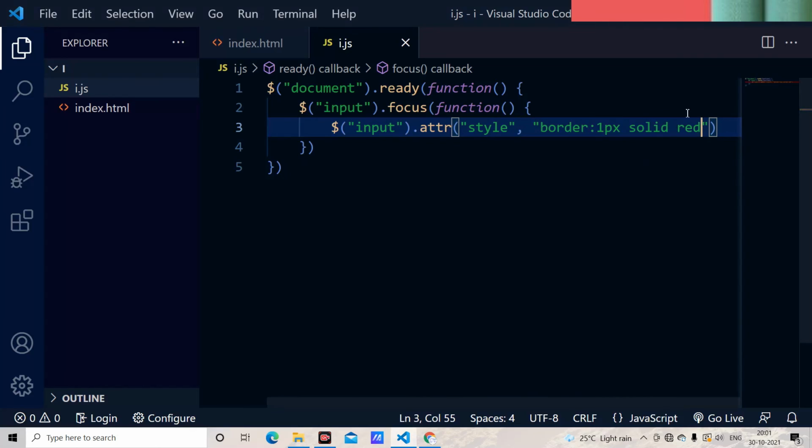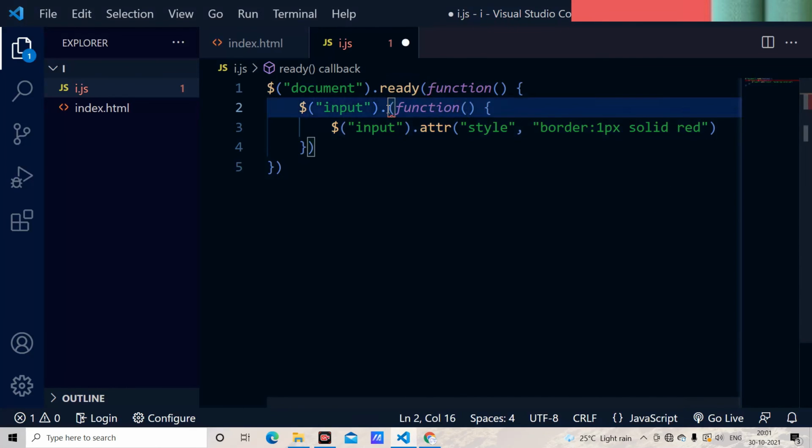As you can have a look at here, whenever I focus on that form, it is going to change the border of the input. As you can have a look at here, it is completely changed into red, because I already told it to change into red if the user focuses on it. After the focus, we have the blur. Blur is the same as the focus. As you can have a look at here, it is changed completely, and this is how we go with all the events of the forms.